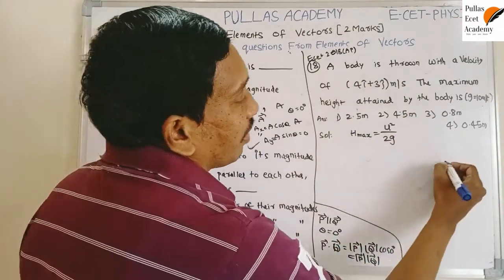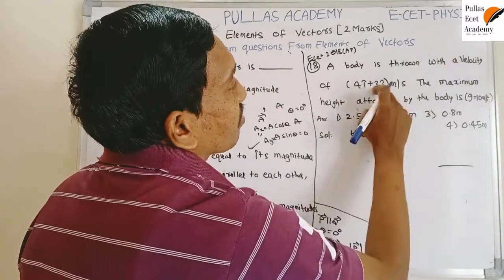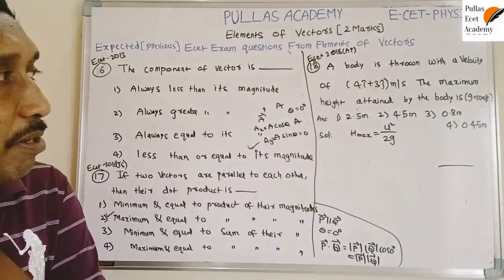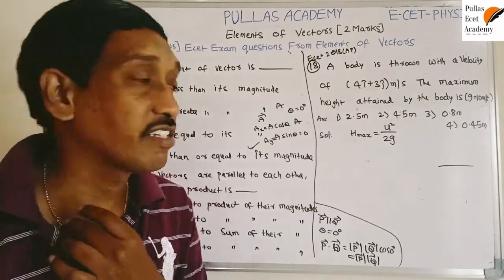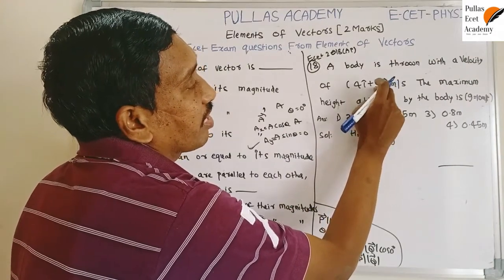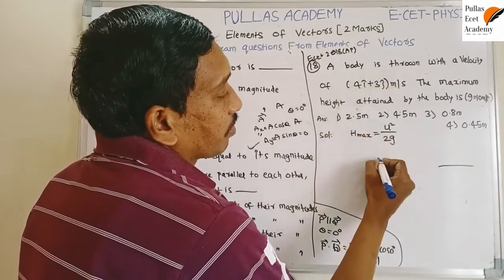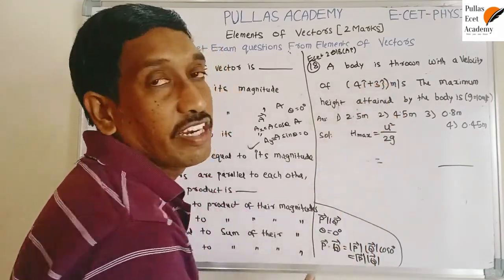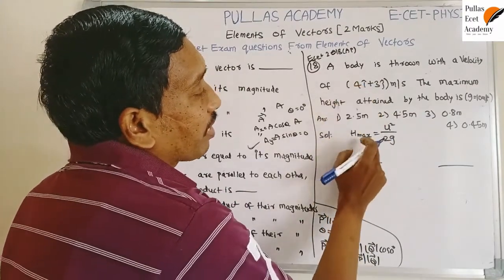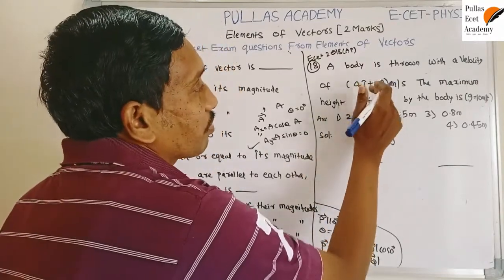So here a body is thrown with velocity. So maximum height means what? Maximum height is the displacement in the vertical direction. In the vertical direction, initial velocity is this, j cap indicates vertical direction. That means here we have to substitute u is equal to 3. Now vertical velocity is 3, initial vertical velocity is 3, horizontal initial velocity is 4, but maximum height is the physical quantity along the vertical direction. That's why we have to substitute 3.